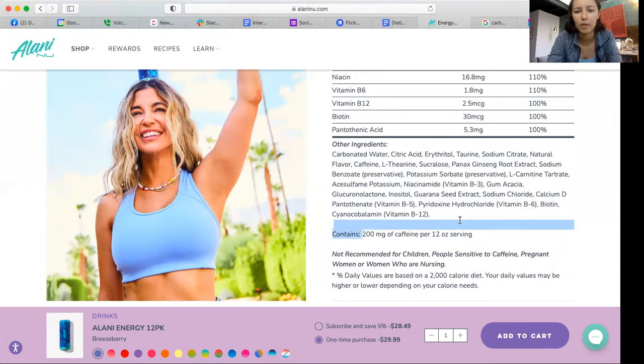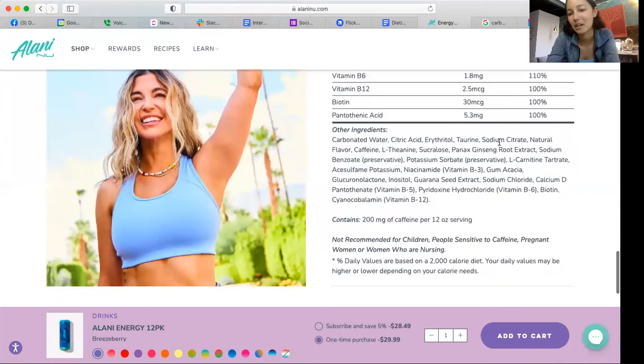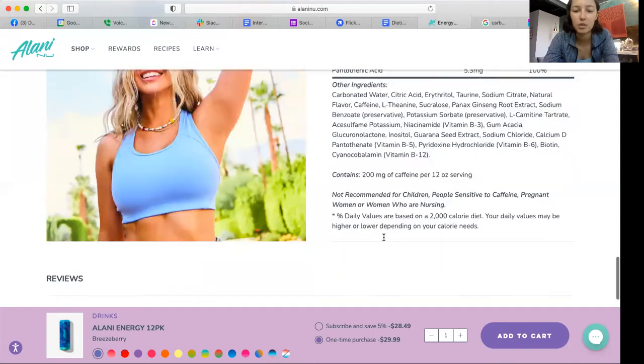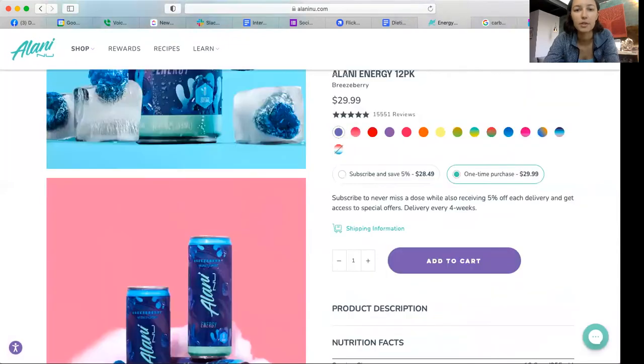With this kind of caffeine, I wouldn't say addictive, but you could start to feel like you need it. And so I would not recommend making this a regular staple in your diet, because that's a ton of caffeine. If you need some B vitamins, get a B complex. If you need some energy, drink some regular coffee or some green tea, and eat a well-balanced diet that has a lot of these nutrients that will give you energy, because that's basically all this is. And then we can eliminate all of those extra processed ingredients. So that's my review of Alani here. I think it was helpful to break that down and see for yourself what all is included there.